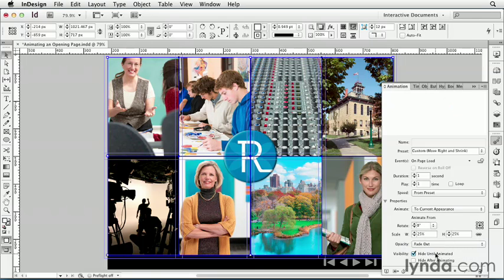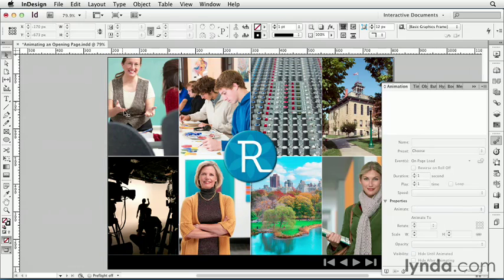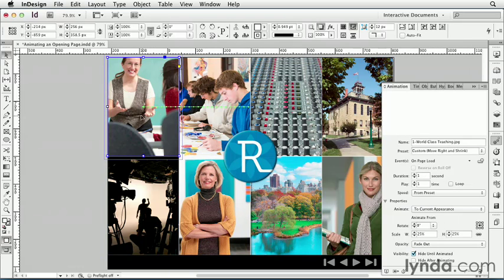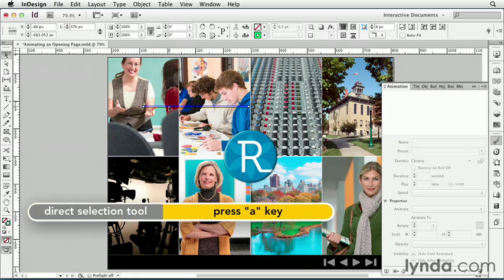Next, we need to change the motion paths for these photos. If I click on one with my selection tool, you can see the motion path, and it ends in the center of the photo, so it's going to end up at this location. But right now, it's going to start out here, and I want it to come from the center of the Roux logo. So I'll click on it once with my selection tool, and press the A key on my keyboard